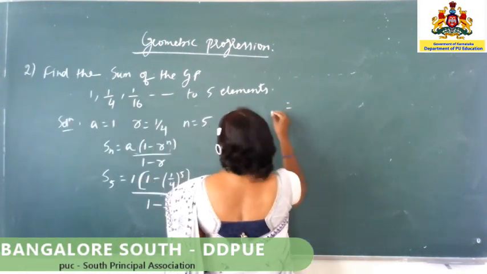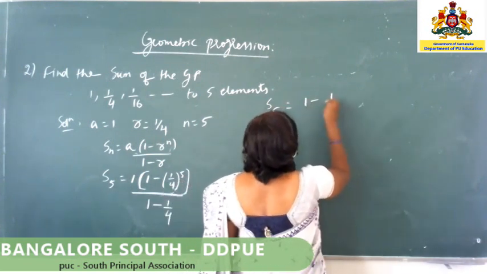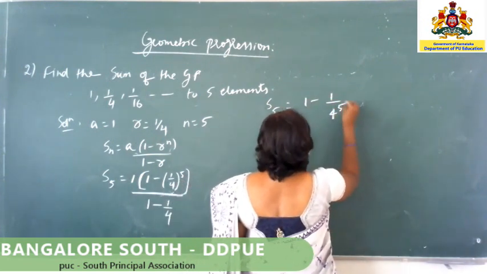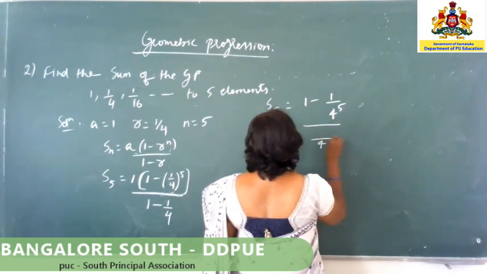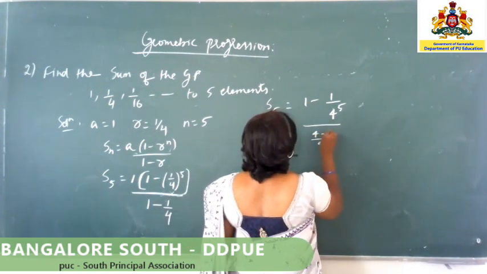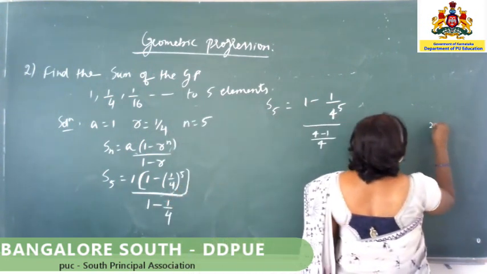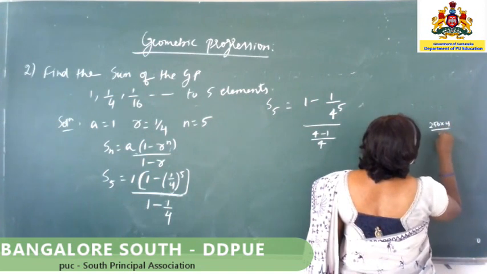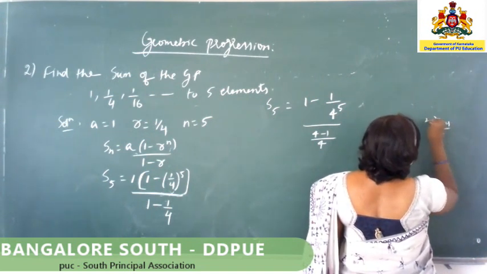So that is equal to 1 minus 1 by 4 to the power of 5 divided by, you can take LCM, 4 minus 1. So 4 to the power of 5, 256 into 4,